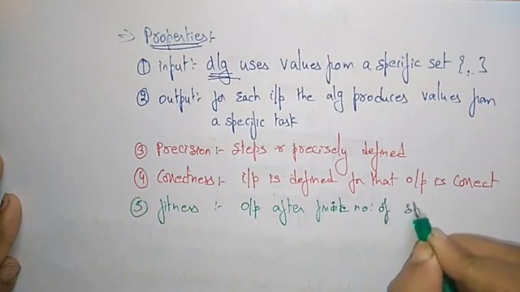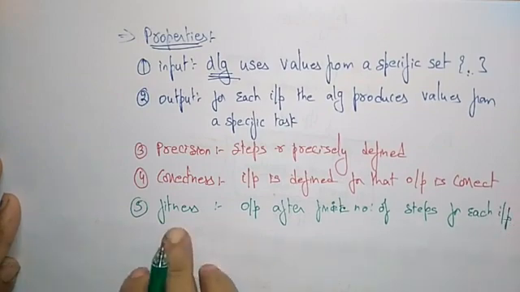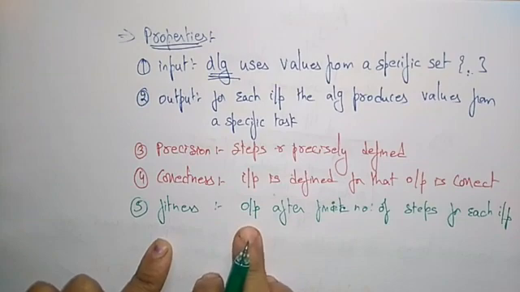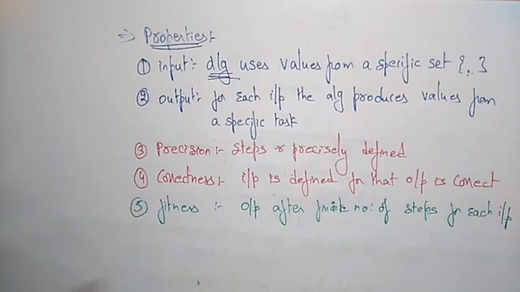That is fitness. So here the algorithm produces output after a finite number of steps for each input. So whatever the inputs we are taking, it produces output after